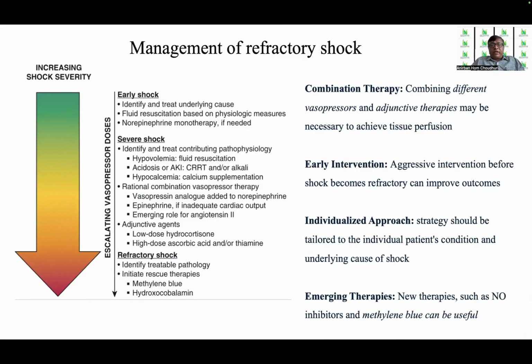It is good to know that early or aggressive intervention, before the shock becomes a dominant refractory state that lasts for a long time, can improve outcomes. An individualized approach is always better and brings a good outcome. So strategy should be tailored to the patient's condition and after determining the underlying cause of shock. And of course, there are emerging therapies such as nitric oxide inhibitors and methylene blue, which have been found to be